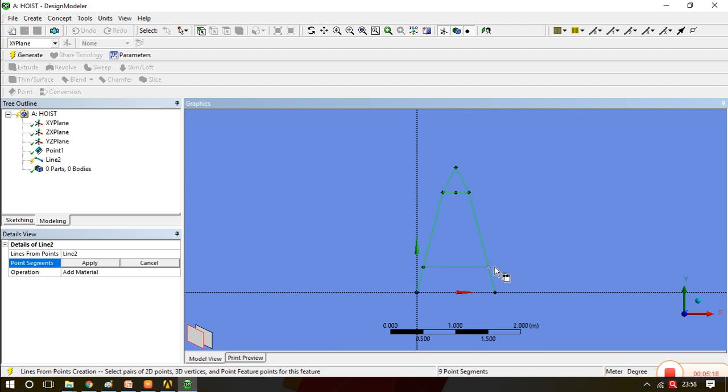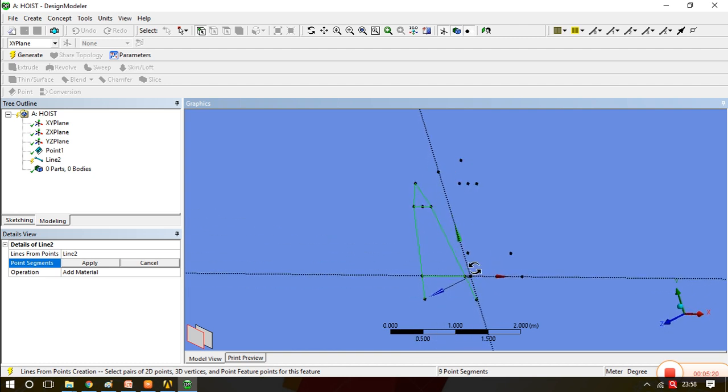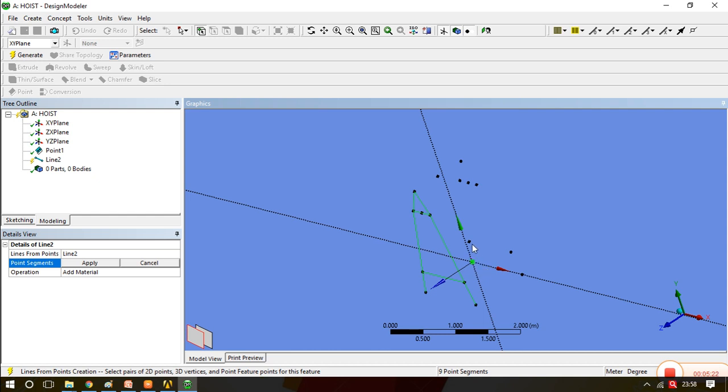We have imported them, we have already created them outside, so we can save the time.